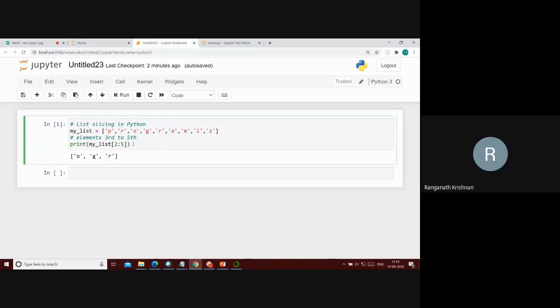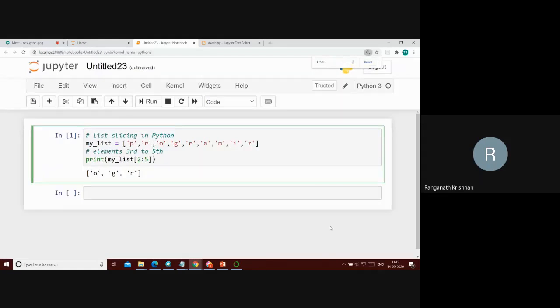Okay, so O. Sorry to interrupt you, doctor. Why did it print O? He said 2. Can you participants tell why it printed O? Shouldn't it print R? He said 2. Come on, professors, you can answer this question. We have doctors here. Think.